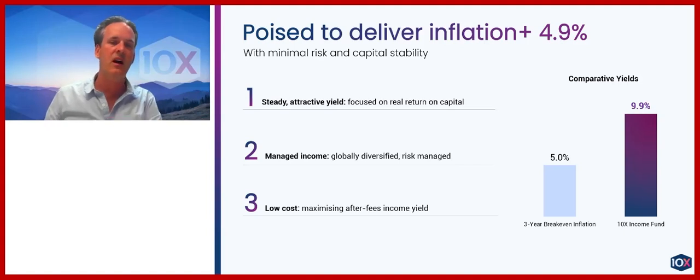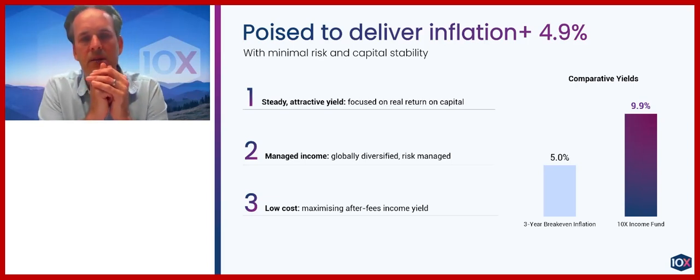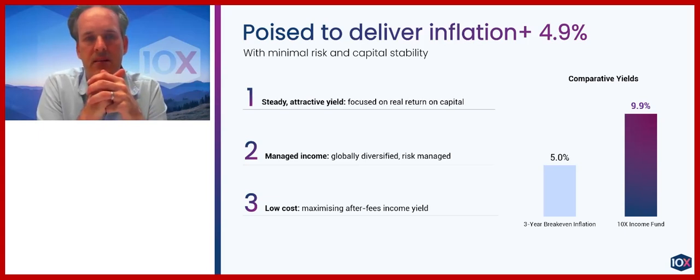So the need to go out there and reach for yield at this stage of the cycle, given how far into the cycle we are and how tight risk is, for us, we're running a very conservatively positioned portfolio to generate that return.